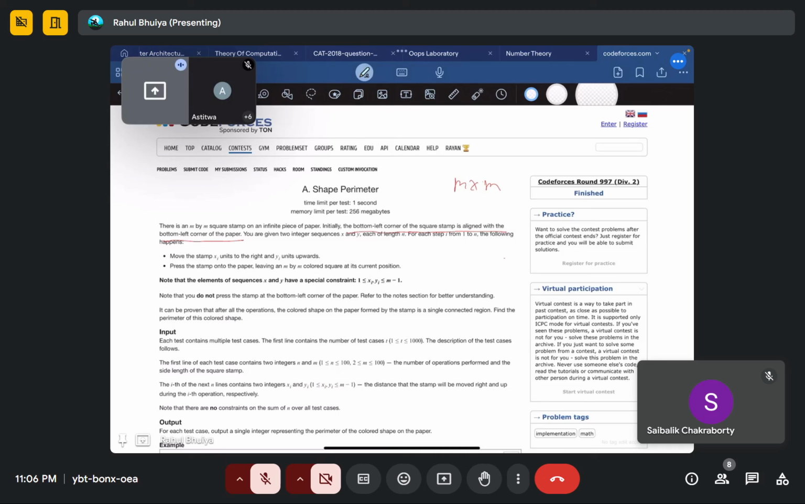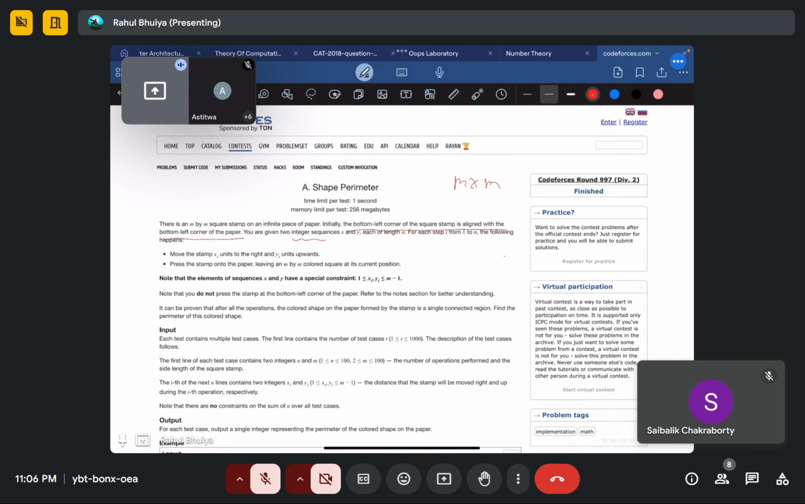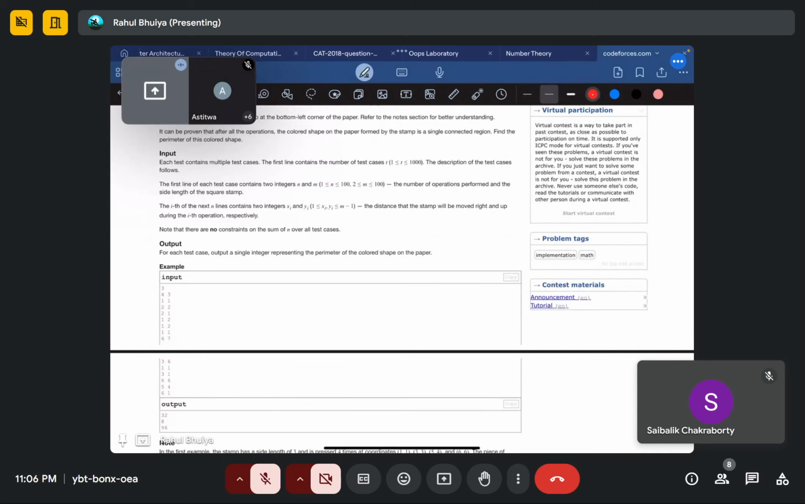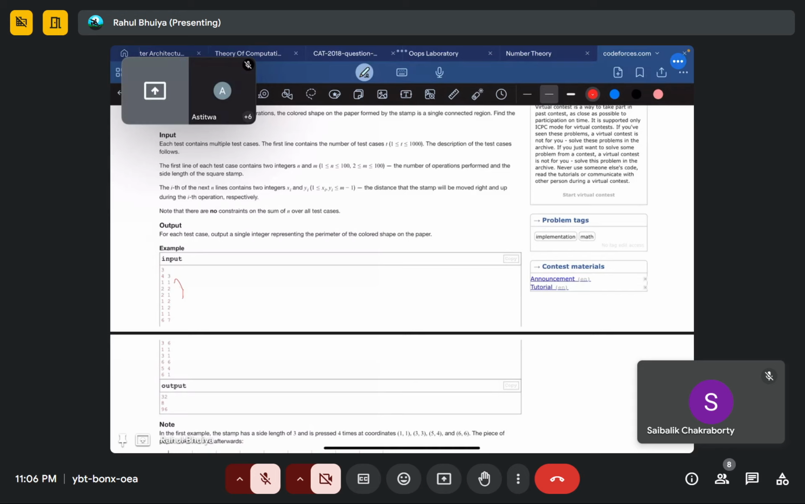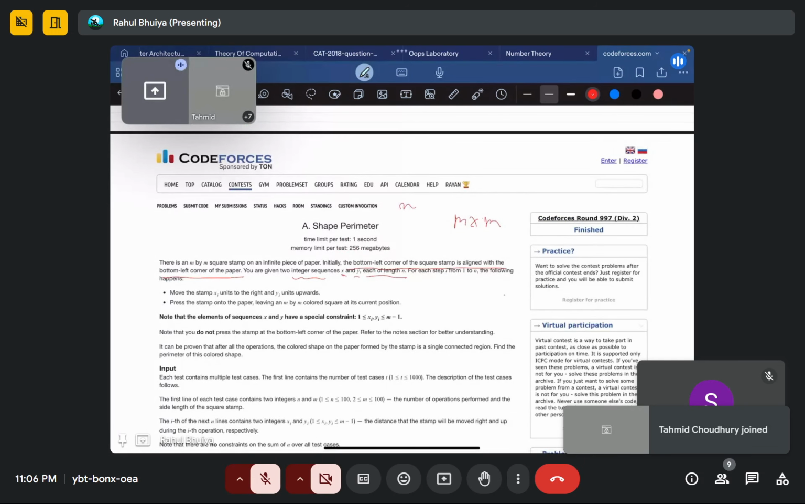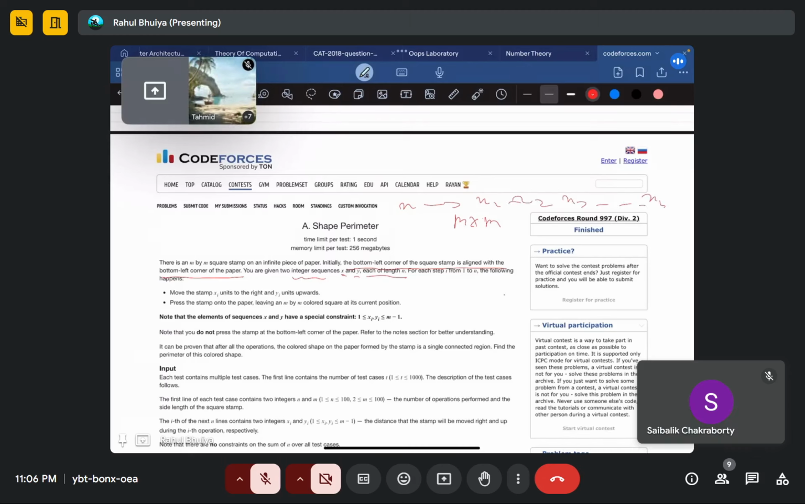Then we are given two integer sequences x and y, each of length n. That means there is a sequence given, like this. There are n numbers, like 4, 3, 1, 2, 3, 4. This is the sequence. So x is given as x1, x2, x3 up to xn, and y is given as y1, y2,